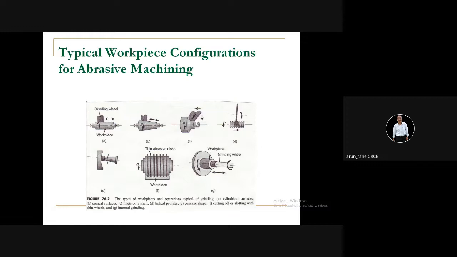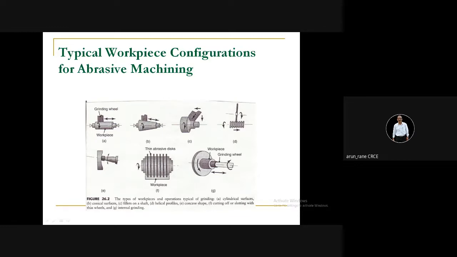And how will you cut the grinding wheel? For cutting the grinding wheels, we have to use diamond tools because diamond is the hardest. That is what is called a diamond dresser. With the help of a diamond dresser, you can give form or profiles or shapes to the grinding wheel, like this here. This is a concave shape which is being generated on the workpiece, and a convex profile is provided on the grinding wheel.